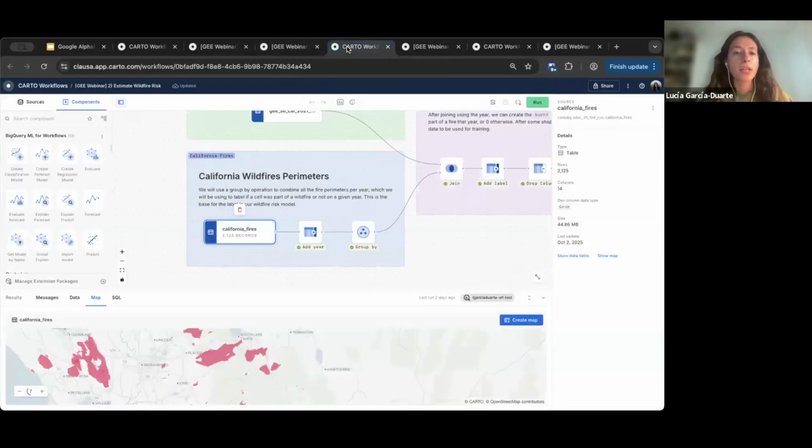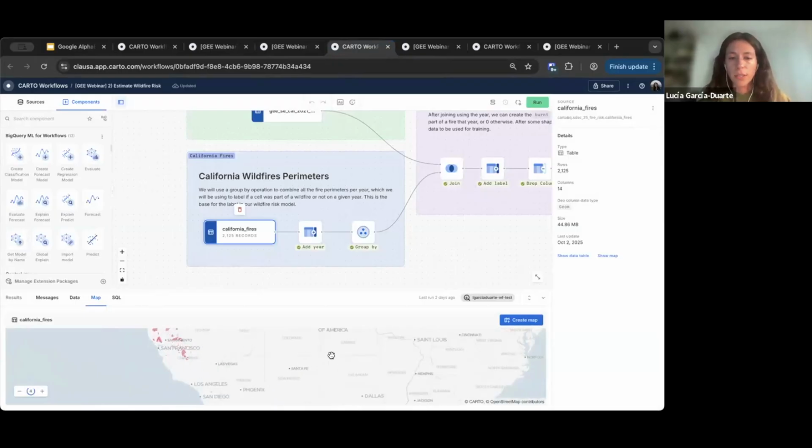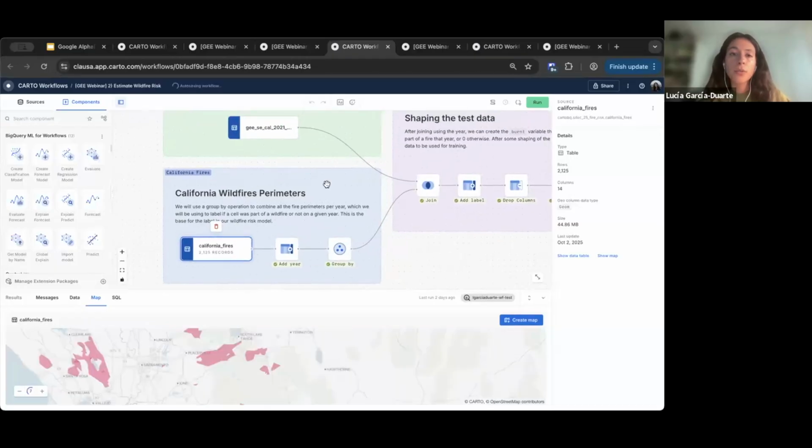So now that we better understand our embeddings, it's time to train the predictive model to estimate wildfire risk. The first thing we are going to do is load into the workflow the wildfire perimeters in California. As you can see, we have them here, all of the perimeters of the different wildfires that have been going on since 2021. What we are going to do is combine this information with the embeddings and include